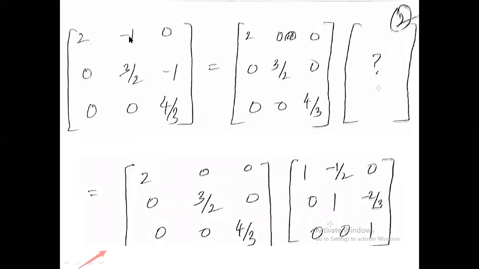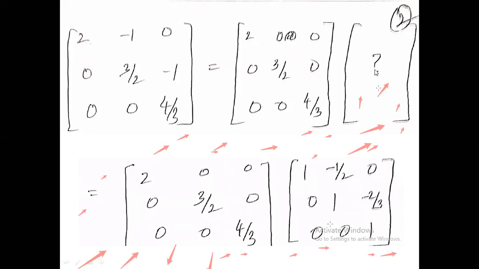The diagonal matrix is very simple. The diagonal matrix will only have the diagonals, right? So the first matrix will be nothing but comprising of 2, 3/2, 4/3. So you have 2, 3/2, 4/3. Rest of the components will be 0. So this is your D matrix, the diagonal matrix. And I need to find another matrix here, question mark, which I need to multiply D with.